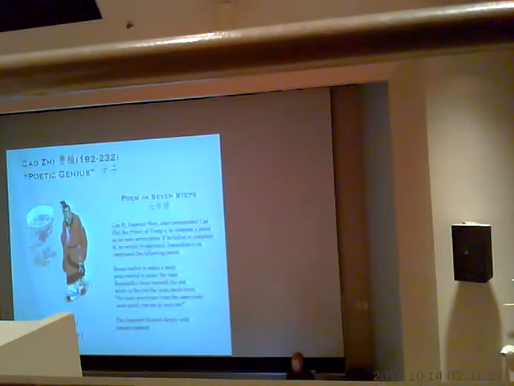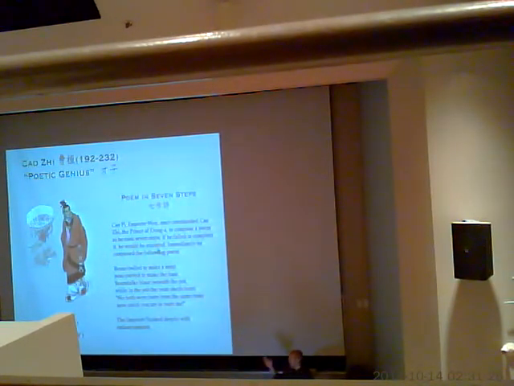And supposedly Cao Pi wanted to embarrass his younger brother by commanding that he write a poem in the time it would take to walk 7 steps. Supposedly it would be impossible to do. If he failed, everyone would see that he wasn't a very good poet, and he could actually be executed. He threatened him with execution. But of course, since Cao Zhi is a literary genius, he was able to come up with a poem in 7 steps.